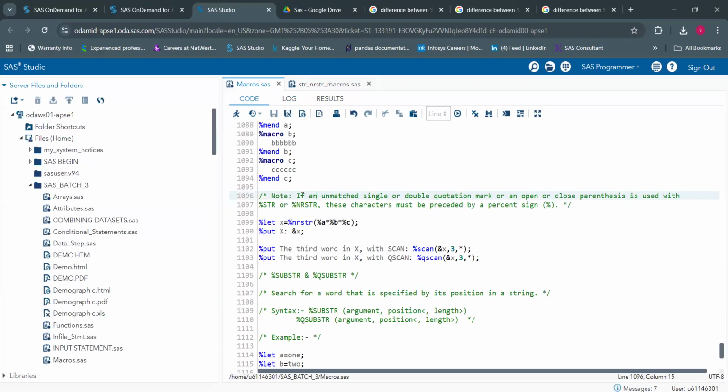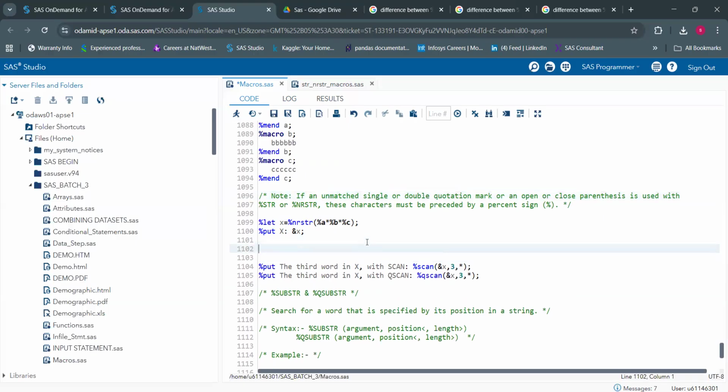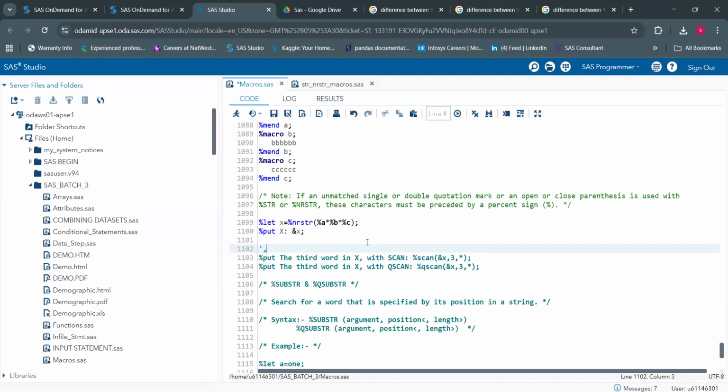Yeah. So here, if you see carefully, if an unmatched single or double quotation mark. So what do you mean by unmatched single or double quotation mark? For example, if you have only one quotation in this way, comma, one double quotation, comma, one parenthesis, unmatched, because they don't have any matched ending quotation